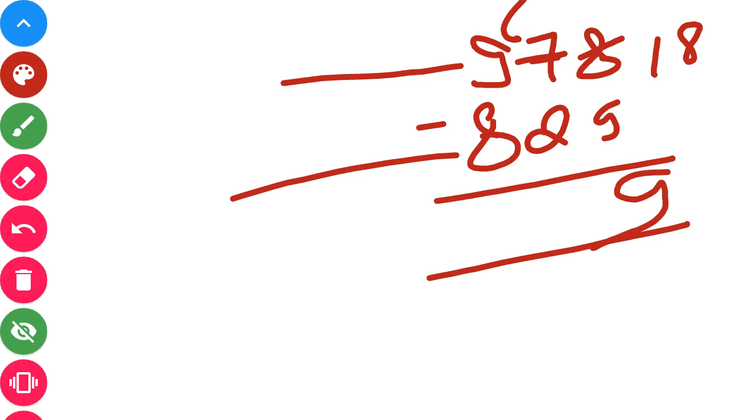Now at 10's place we are having 6. 6 minus 2 will give us 4. And we are having 9 at 100's place. 9 minus 8 will be 1. So 149 pages she still has to read. That means 978 minus 829 we will get 149.